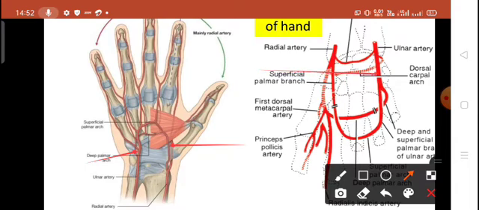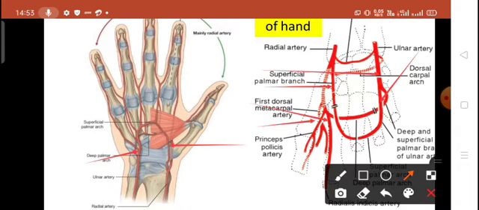This superficial branch of the ulnar artery runs from the medial to the lateral side, joins with the superficial branch of the radial artery, and may also join with the princeps pollicis and radialis indicis to form the superficial